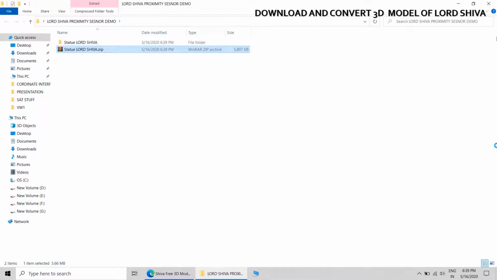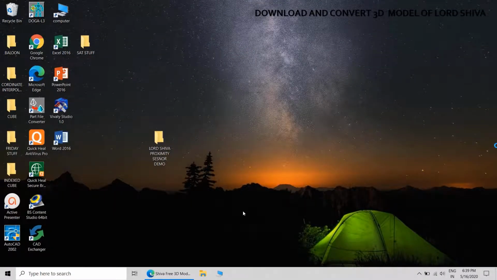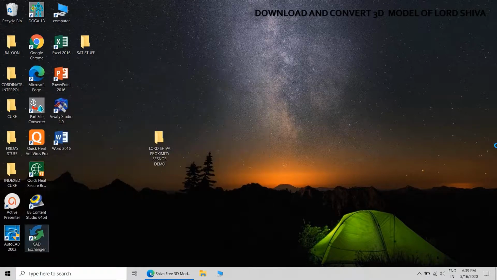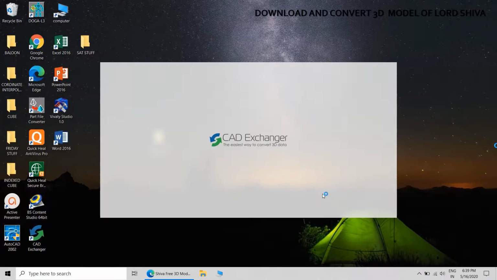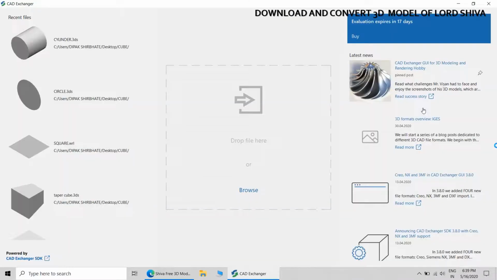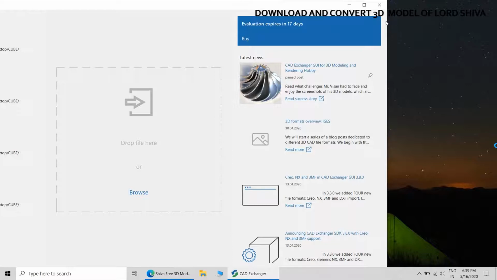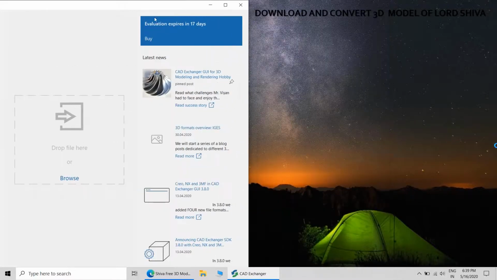Now in the folder there will be some JPG files, which are the images for texture mapping, and there will be one file which has the 3D model of Lord Shiva. Now I am using one software called CAD Exchanger. This is a free utility for a period of 30 days.